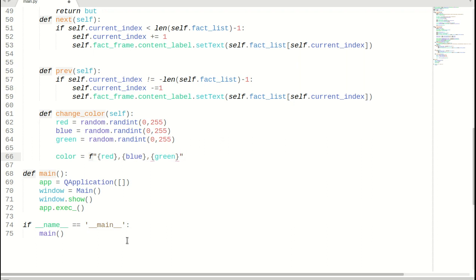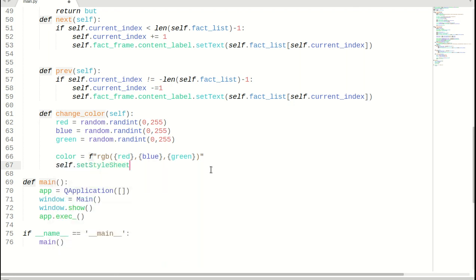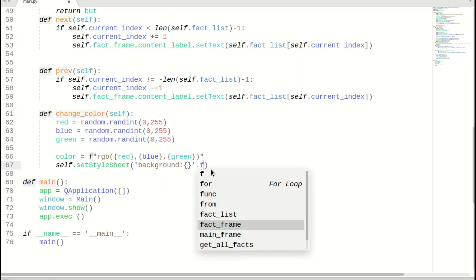Okay, so this is going to be wrapped around a tuple, and that's going to be RGB. So this is going to be the CSS RGB. We're going to be saying self.setStyleSheet. So self, that's the main window. So background is going to be that color. So we're going to say .format